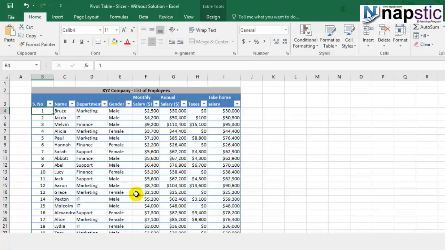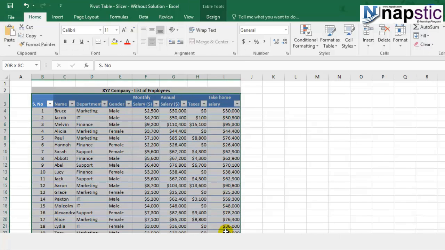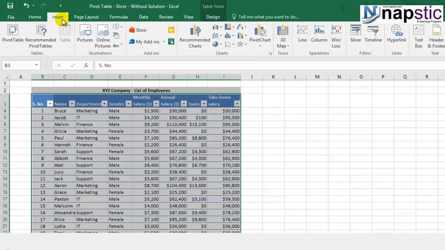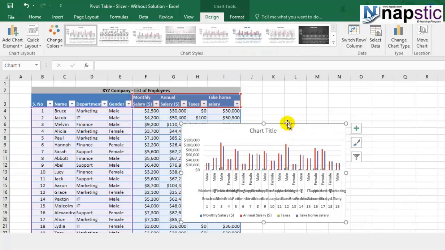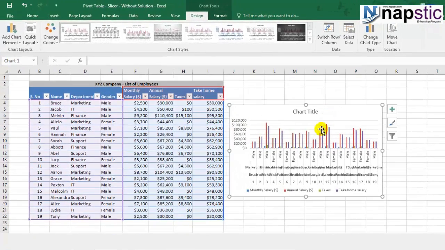Let's say before the pivot charts, I want to tell you all how traditional charts are prepared. You must have already done this, but just to give you a comparison between a pivot chart and a traditional chart, what I'm going to do is select this data, go under the Insert tab, and prepare a chart. A normal 2D chart is what I have prepared. To make it more clearly visible to you, I'll just zoom this up a bit.